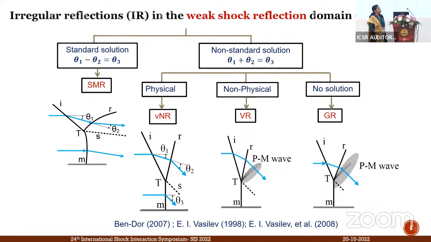So these are reflections obtained by the standard and non-standard solutions of three-shock theory and four-wave theory. These are the possible solutions we can get if we have an irregular reflection transitioning in an unsteady framework. Now, here are some of the results where we have identified such transitions and such reflections. In the strong shock reflection domain, we have identified a transitional Mach reflection,